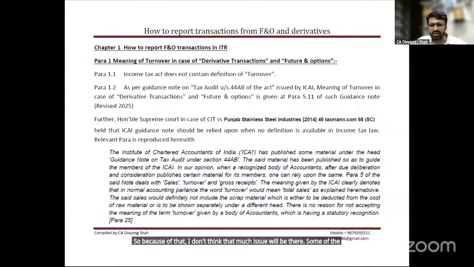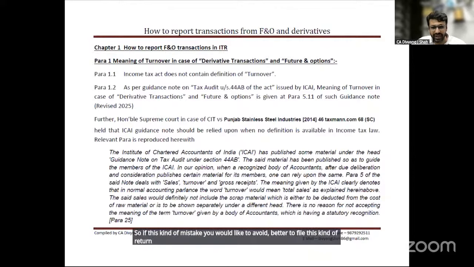Some people say, yes sir, in this case, for example, my sales or credit side is only 5 crore. But because of this calculation, my turnover is, for example, 12 crore. So there are chances that the department may raise a query that you are not eligible for an audit, and still you are getting audited to extend the time limit. This kind of problem could be there. Why? Because CPC Bangalore is processing the return, and every year they are updating their software on how to find mistakes. So if you would like to avoid this kind of mistake, it is better to file this kind of return